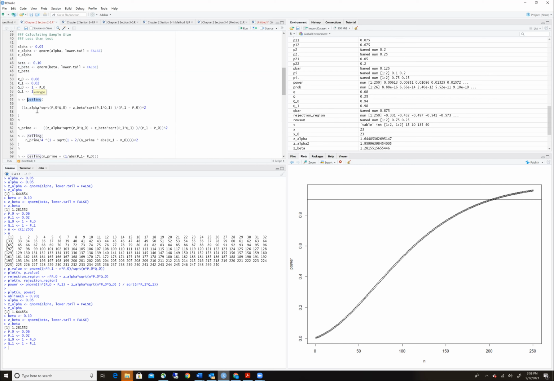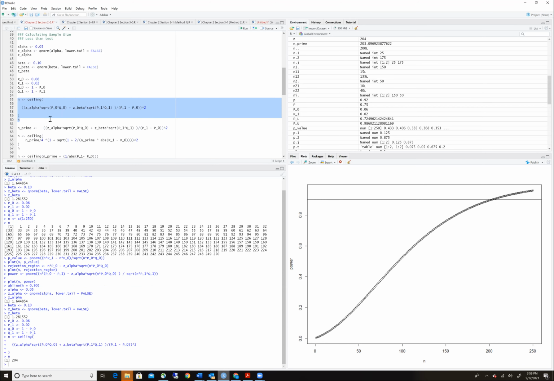Okay. And then I'm just using the formulas in the book to calculate the minimum sample size required based on all the information that we have here about what our alpha level is, what our beta level is, and what our hypothesized proportion is versus the size of the effect that we might see. By doing that, we see that we need 204 people. Now that lines up really nicely with the graph that we saw before, which showed us what is n and what is power. But remember, by the time we wanted to get 90% power, we need 204 people in our